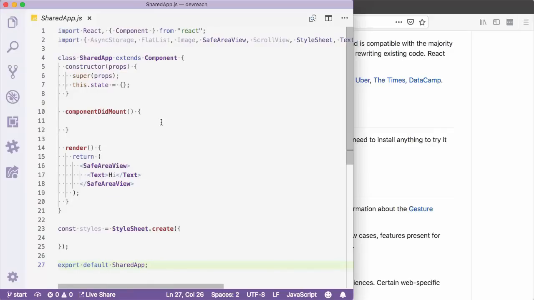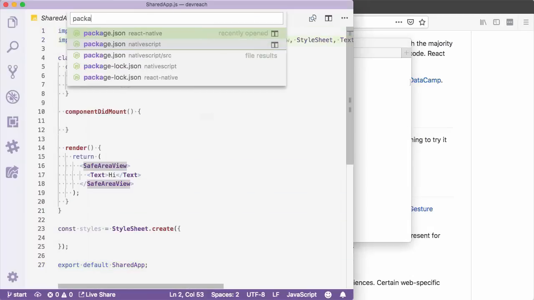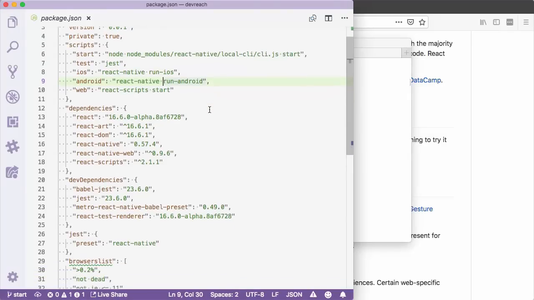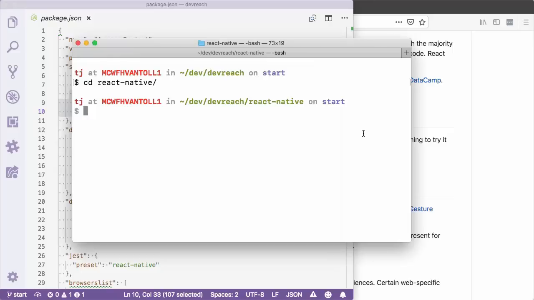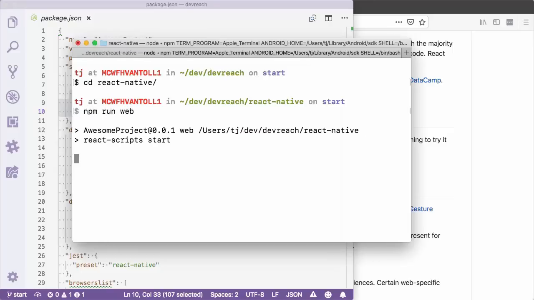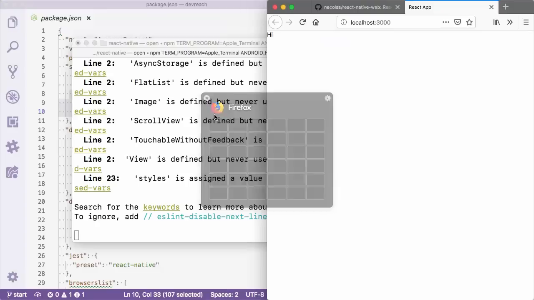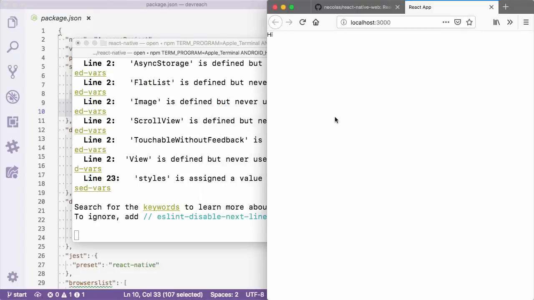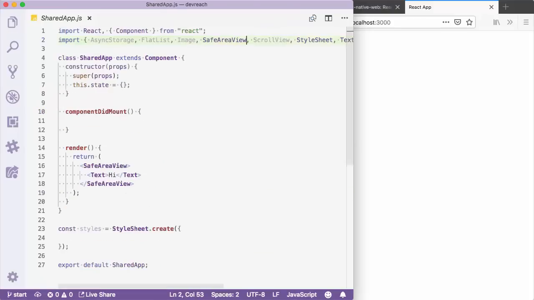And to give this a little bit of context, I'm going to head over to my command line, where I'm in this React Native app. And if I look at this repo, I've got a handful of scripts set up to help me run this application, for iOS, for Android, and the web. I'm going to start by running this for the web, with the command npm run web. Now, this will take a second to run. It's basically going to be building this thing under the hood and then firing this up on my device, or my browser, I should say. And you can see I see a little hi message, which is actually coming from my shared app file